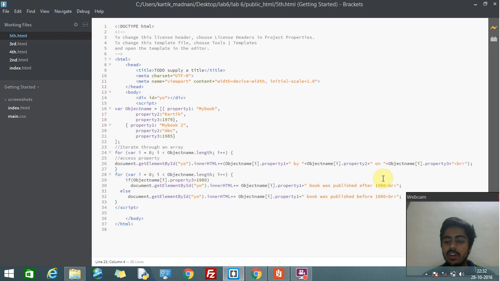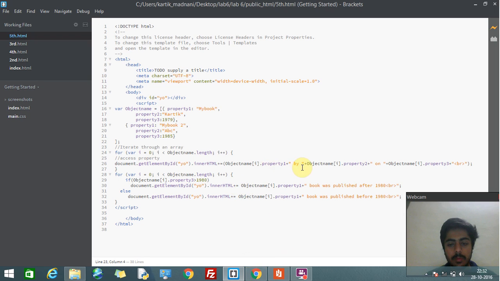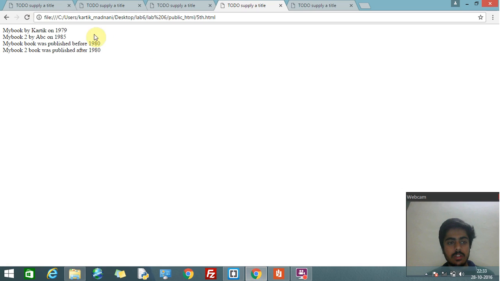So here in this particular manner the thing will be displayed. Same for the other one and same for the other one. So you can see my book, then in this manner by Karthik on 1979. As you can see, as I have given the manner here, property by then object name on. So all these will be printed: before by my name, then on before is my book, then in the last property is the year. So it is displaying in the same manner. Now the last part of this experiment is